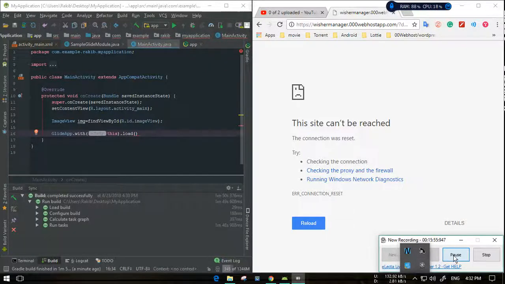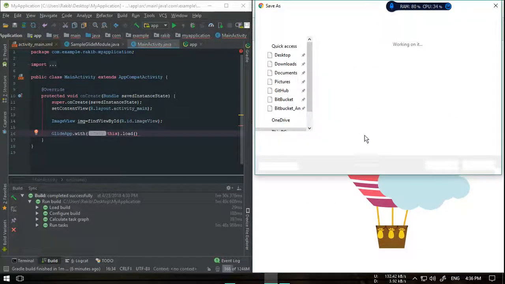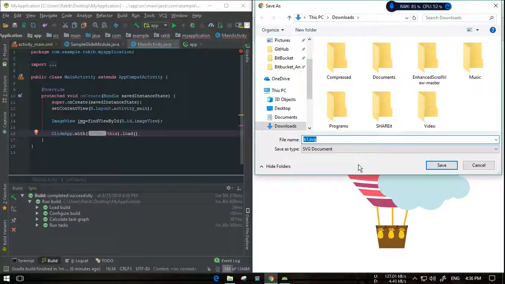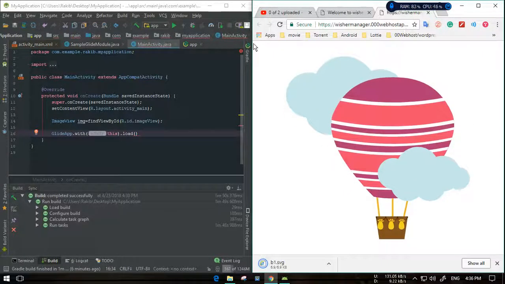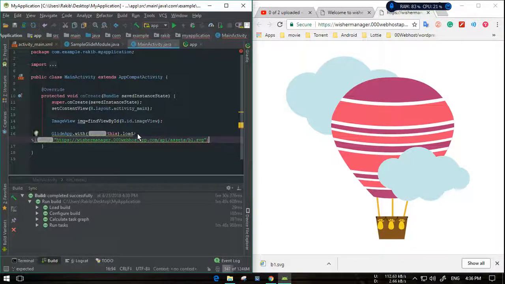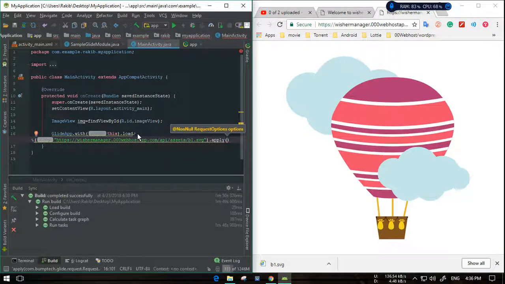Let me solve the issue. So I got the link, but this is busy. Save as. I just want to download that if it's possible. So downloading this for using as a resource. So first I'm gonna check out this thing, the URL. So just press this as a string, and then press dot apply request option,